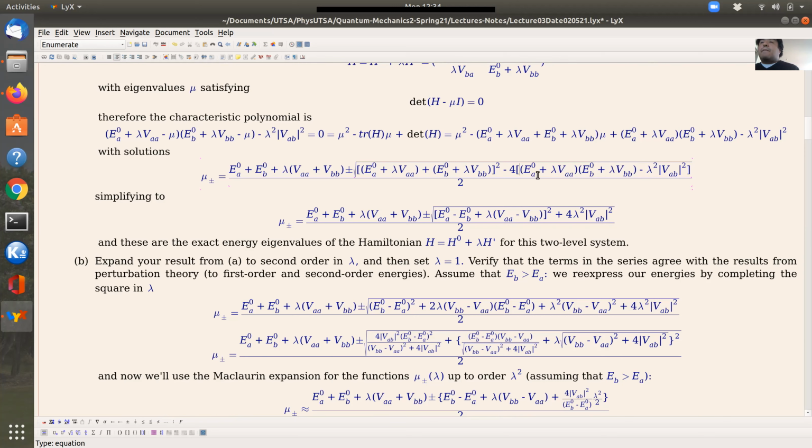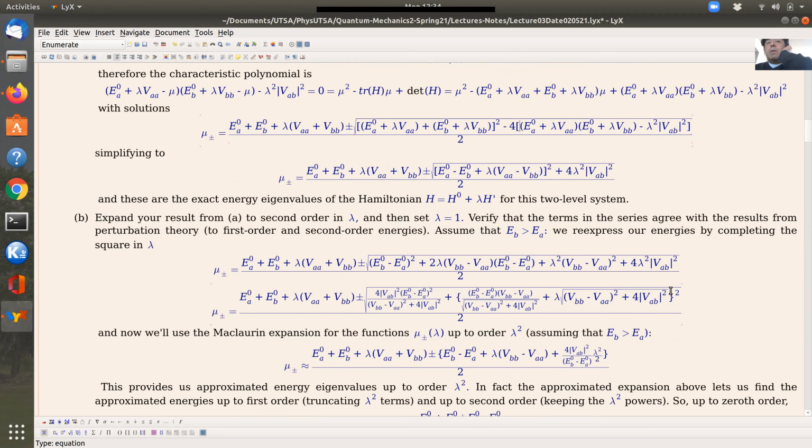And I just simply have the plus 4 lambda squared norm of BAB squared. So far so good. It's a little rearrangement, but formally speaking, I have the full solution for the eigenvalues. So this is an exact formula. It's not approximate at this point. So these are the exact energy eigenvalues for the full Hamiltonian H0 plus lambda H prime for the two-level